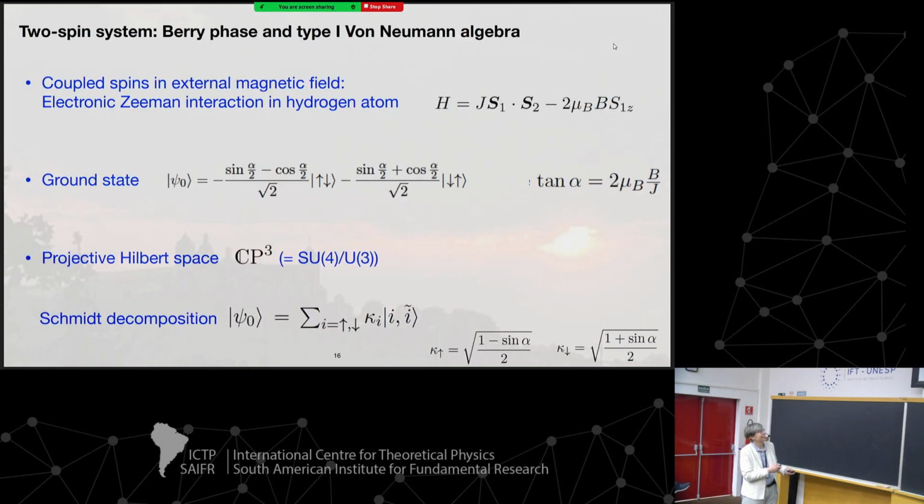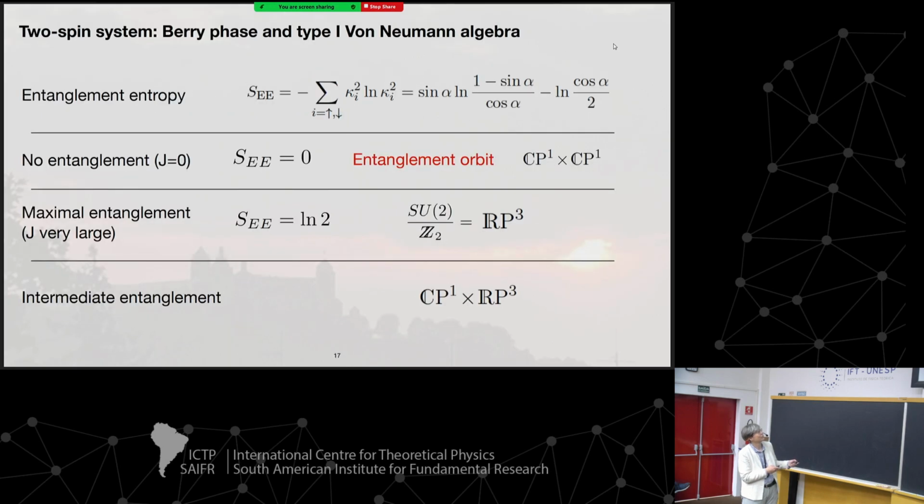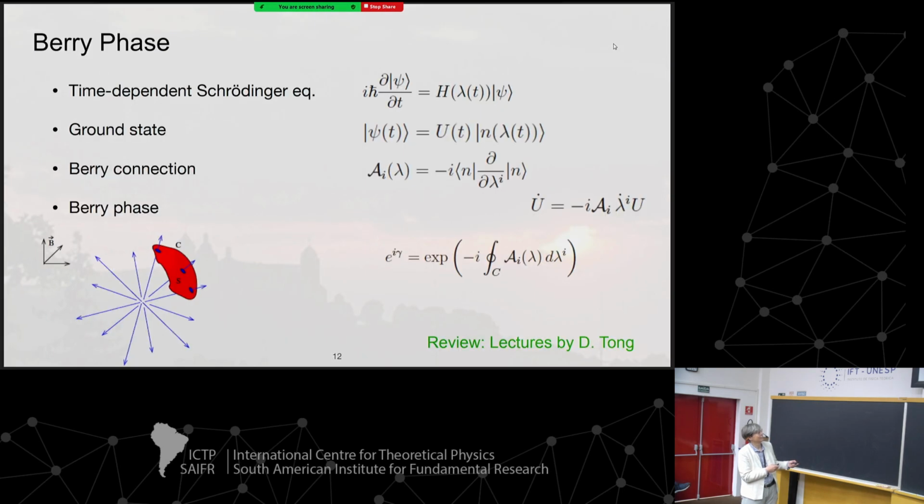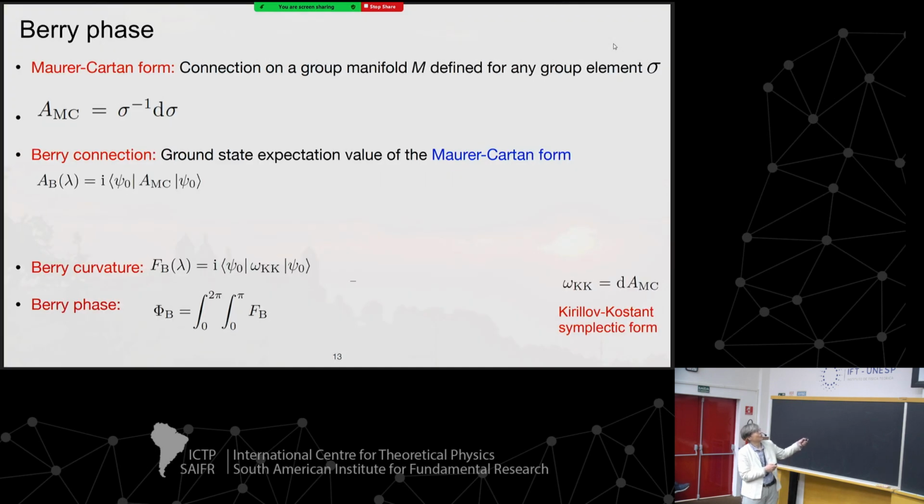What we're actually doing is, where was my general statement? Yes, this one. I showed you this example where I take an electron in a loop around a magnetic field, but this is a physical example for a more general mathematical structure, based on these Maurer-Cartan forms. So I can just do mathematics. I pick any group manifold and take a group element, and for this group element I can define a Berry connection. That's right, but to compute a phase, you still need to integrate it over some region. Well, yes. If you have a connection, you can also write a curvature, and then we integrate this 2-form.